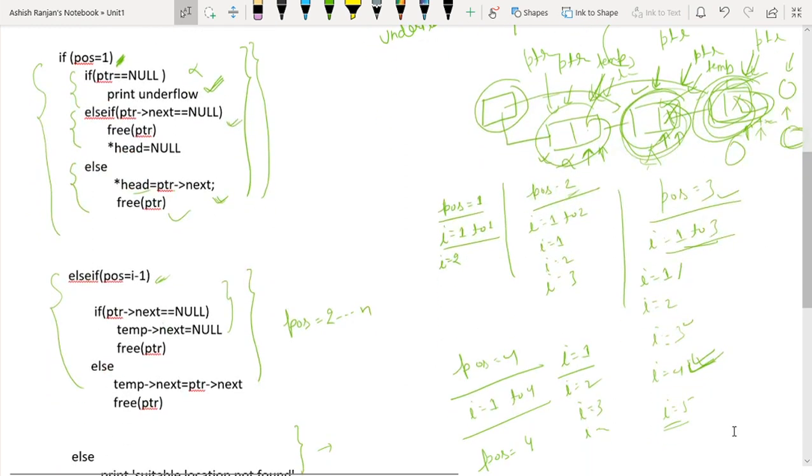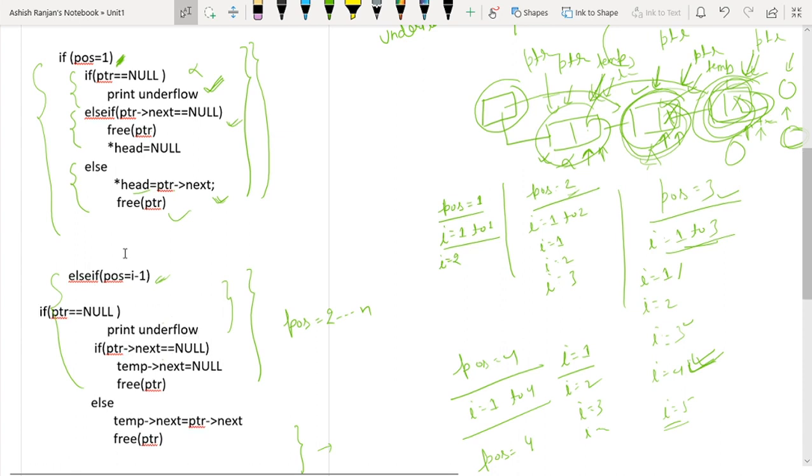The loop will run from 1 to 4. For I equals 5 it will come out of the loop. We'll make one more condition.